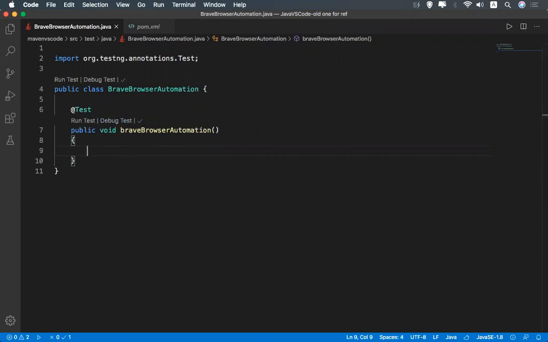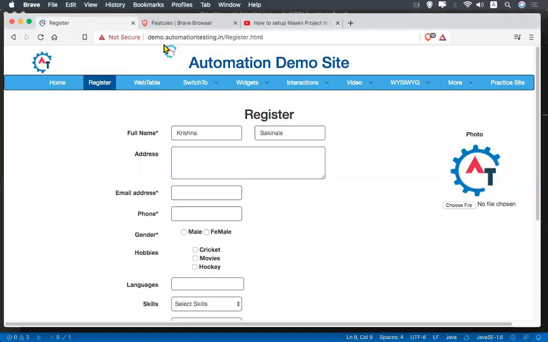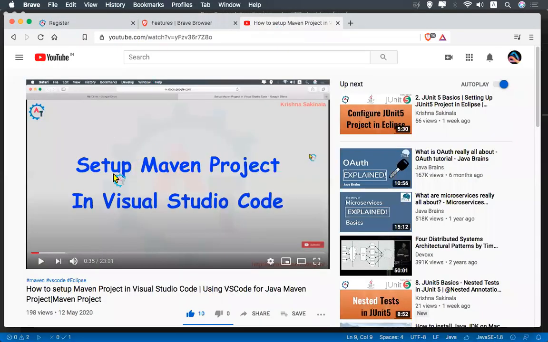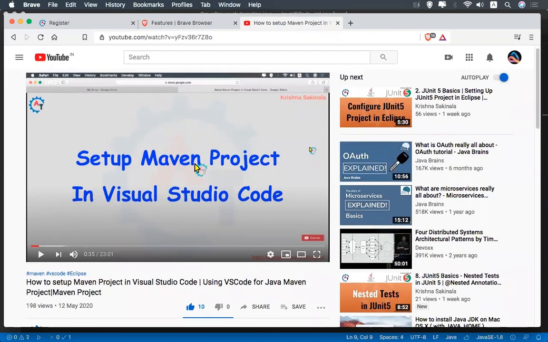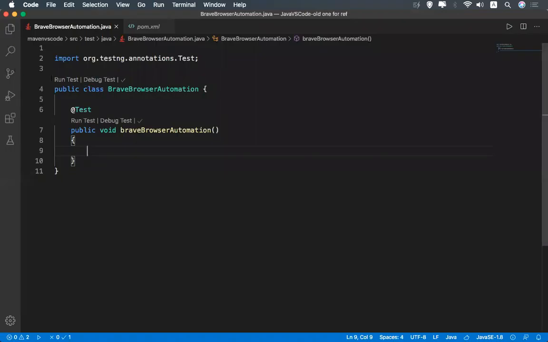For that, I made a video on how to set up a Maven project in Visual Studio Code. I'll provide the link in the description. So I created the Maven project here.